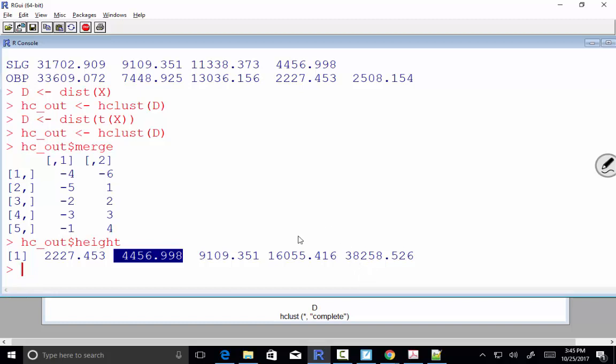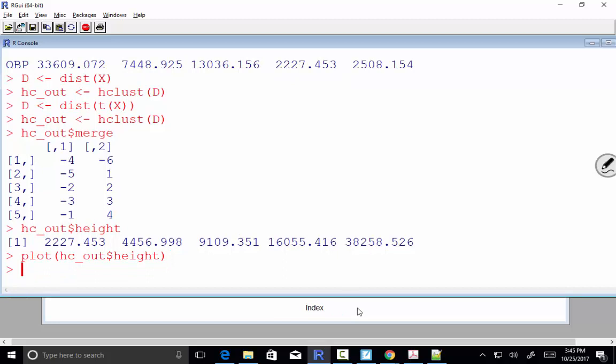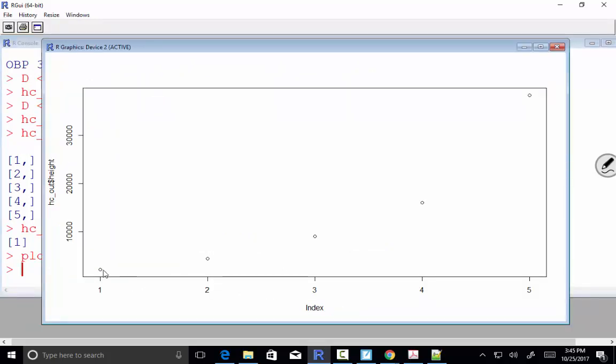Just real quick while we're right here, the picture that I've referred to a couple of times for helping you decide how many clusters there are is super easy to make if you just plot the merge heights. So if I say plot a vector, it's just going to plot the values of my vector on the y-axis, like this. So the first distance was 2,200, the second distance was 4,500, and so on. If I connect the dots,